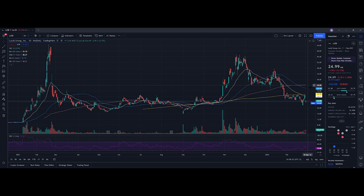Now, when we take a look at our chart, which is a daily chart, we can see from the RSI down below, it is at 39.86. And when we take a look at our moving averages here on the chart, we are below the 100-day, the 50-day, the 200-day, as well as the 21-day EMA. So we ended up seeing a low of $23.38. No surprises there because like I said in the previous video, don't be shocked to see it being down